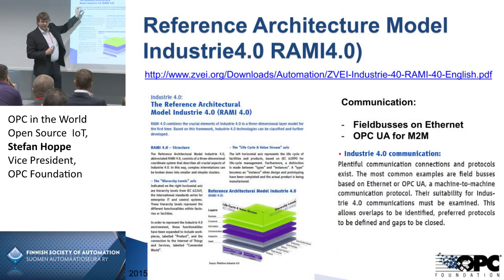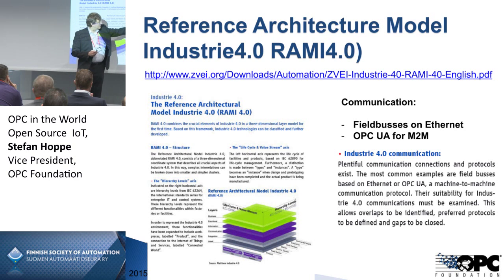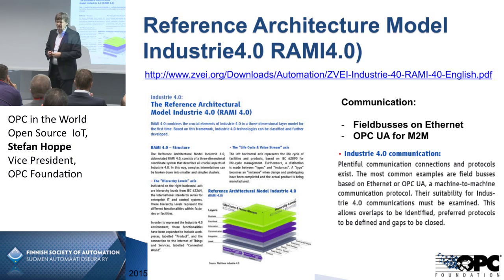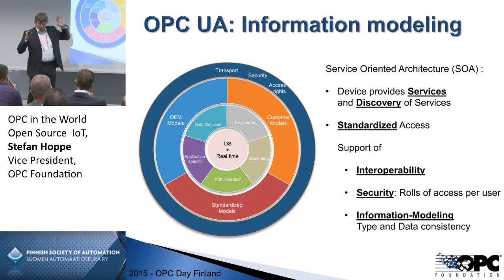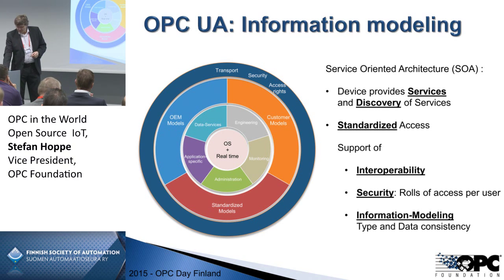And there's a small one-page PDF summary which also summarizes: make use of field bus systems based on Ethernet and OPC UA. So this is a little bit more clear that of course we need field bus systems. Okay, so if you look from the outside world to a machine, then definitely,